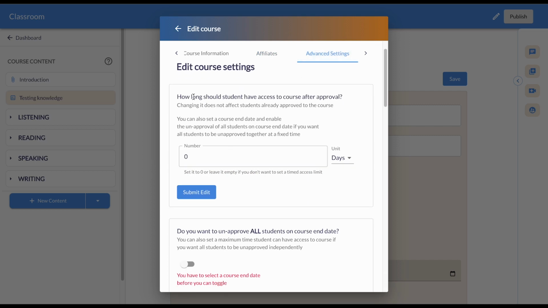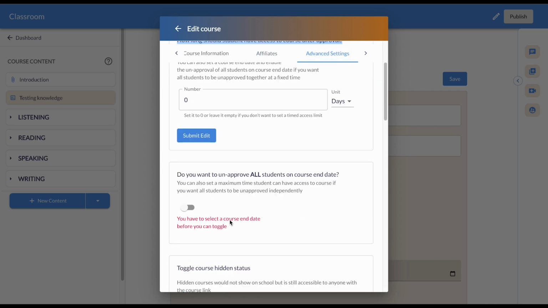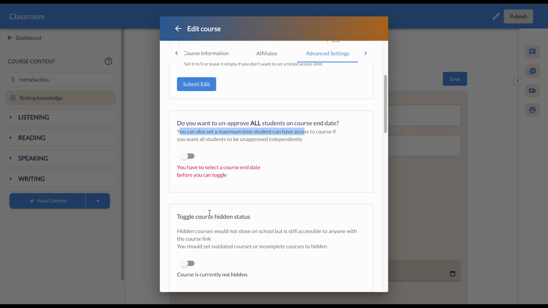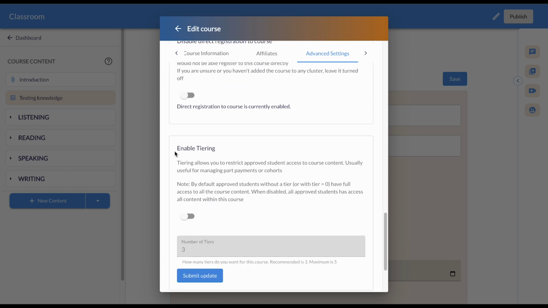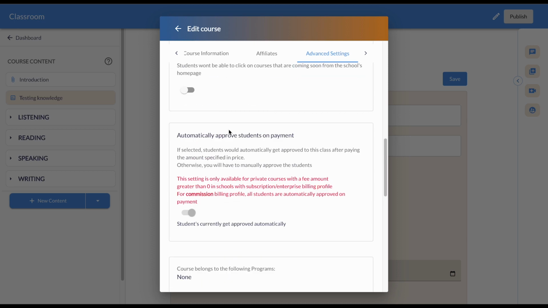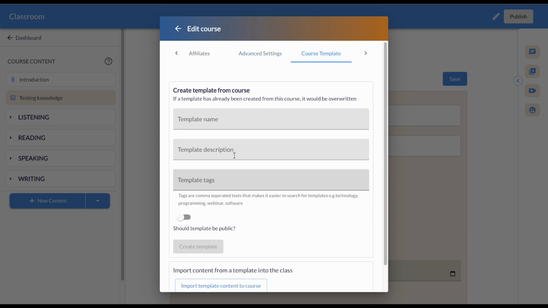There are advanced settings. For example, how long do you want students to have access to the course after approval? You can unapprove students, toggle course hidden status, make the course coming soon, enable tiering. Tiering allows you to give students access to a particular part of a course based on the percentage that they've paid for the course. So you can create multiple tiers and assign a student to a particular tier, and they'll have limited access to the course. And you can delete the course. And you can view the course template, where you can create a template for a course,